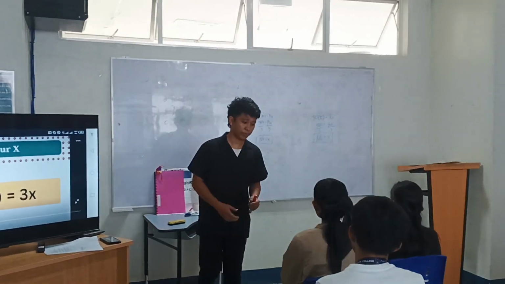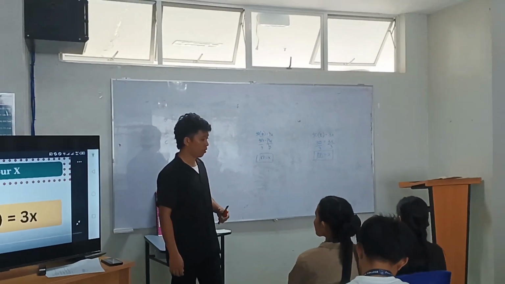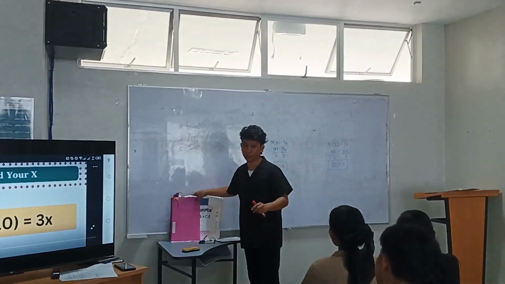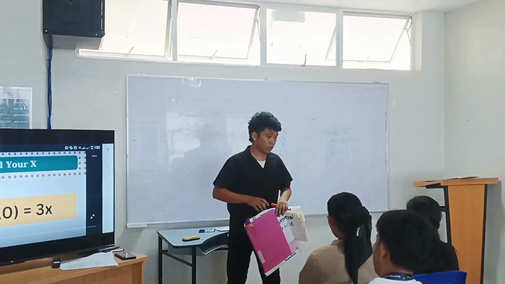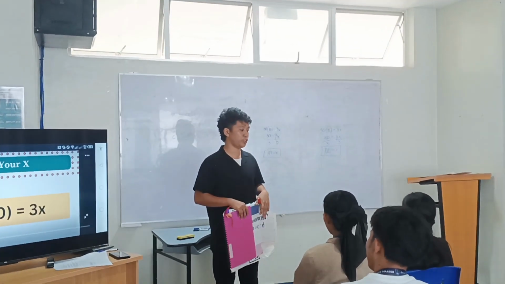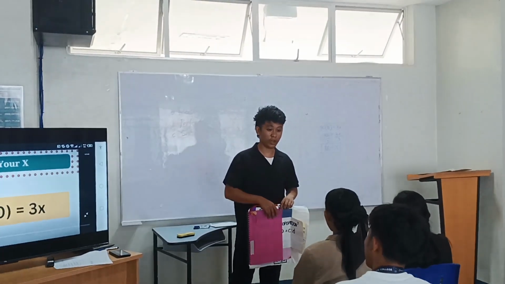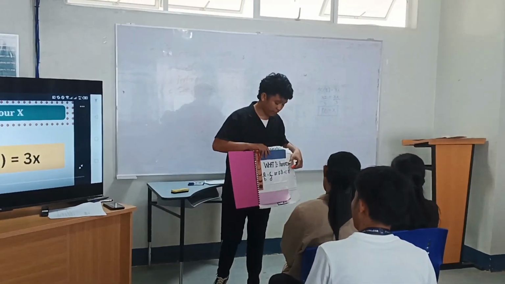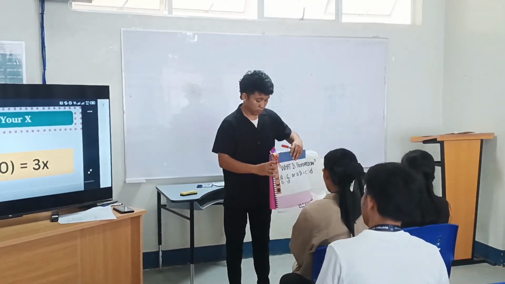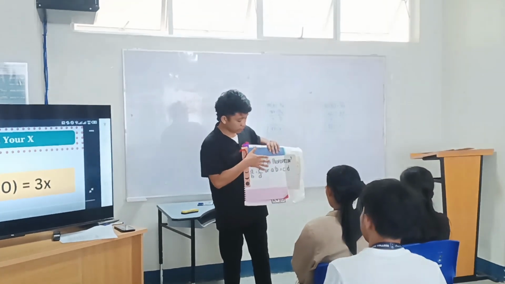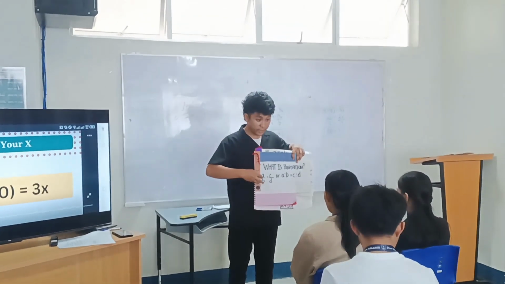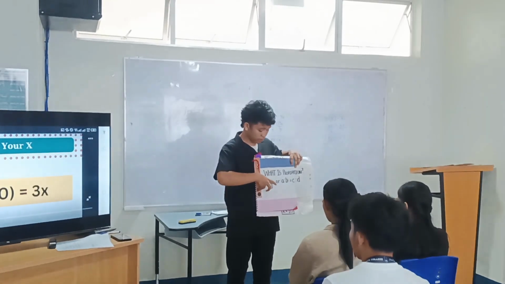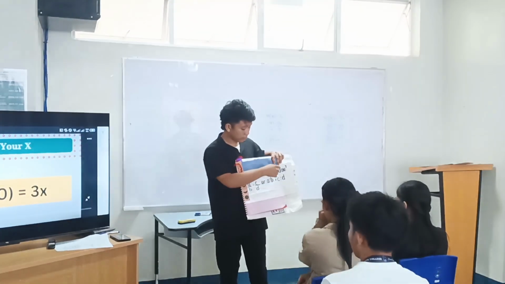So I hope you have an idea of our topic for today. Our topic for today, class, is all about proportion. Who has an idea about what a proportion is? You have no idea? So I will present our topic for today. Proportion can be written in this form: A over B equals C over D, or A is to B equals C is to D.